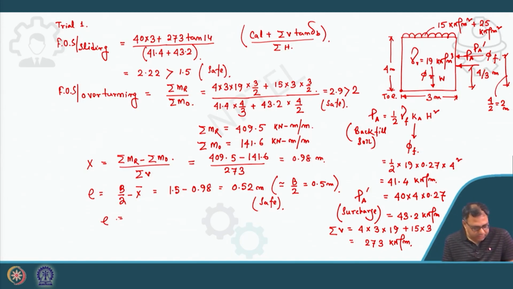E you can calculate just by putting Mo divided by summation of V. This way also you can calculate the E directly, or you can first calculate the x, then calculate the E value. Okay. So, that means this is also marginally safe. Now, for the bearing calculation,